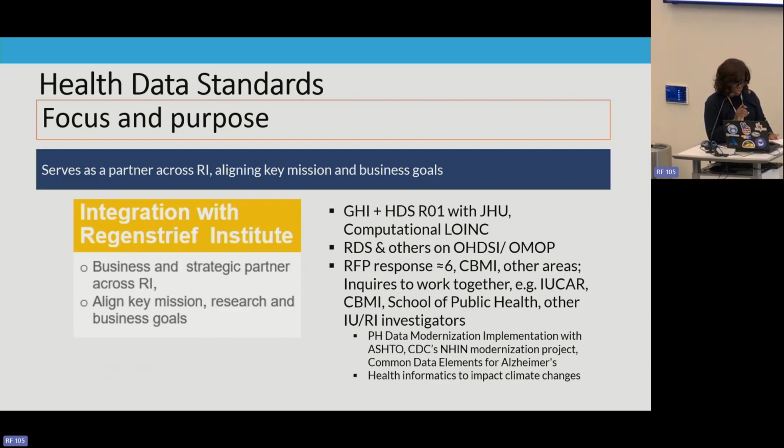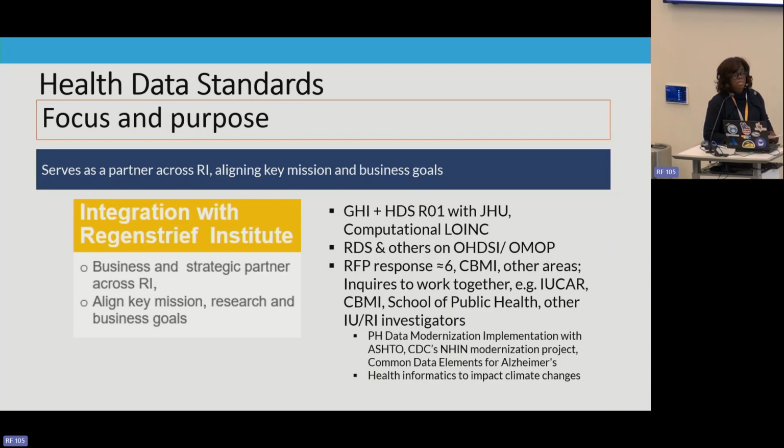We've worked with RDS and others on the Odyssey and OMOP project. We've responded to at least 6 RFPs, maybe more, with other units, centers, and programs, whether we are either leading or supporting. And recently, we've had inquiries to potentially work together with others, such as IUCAR,